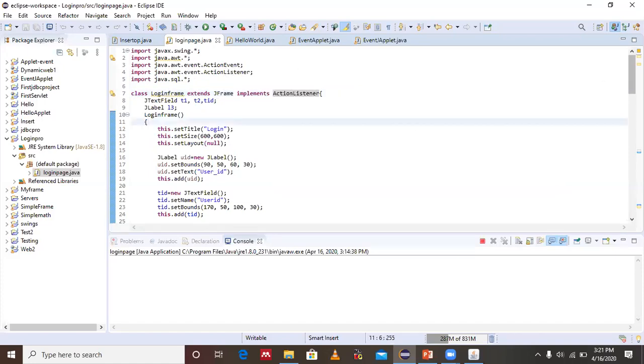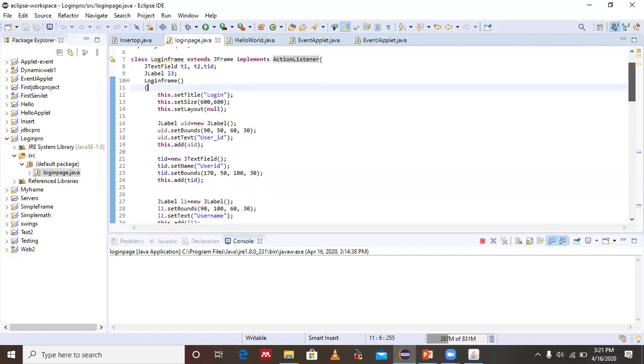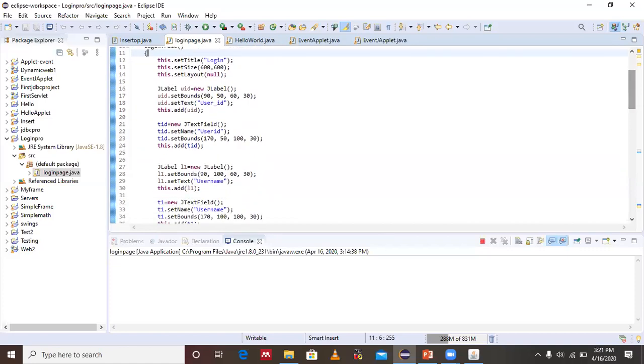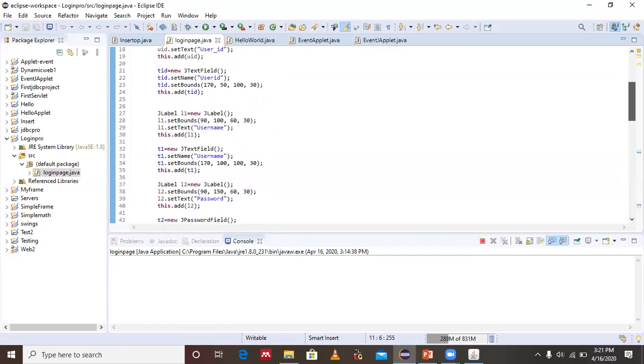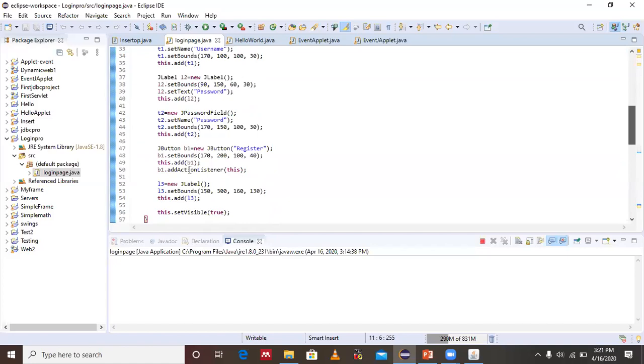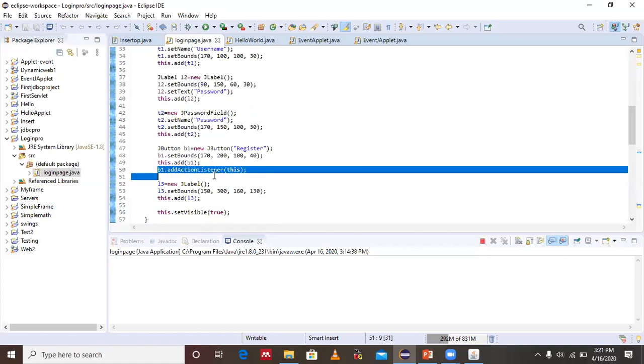The second step is that you have to register this interface to the button. Because we want to listen to the events which are occurring on the button, we need to register it. And for registration, addActionListener is the method. So check out, this is our second step.